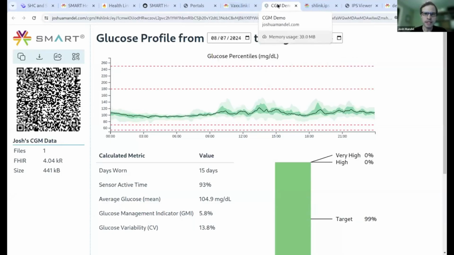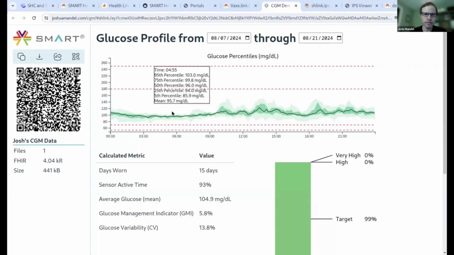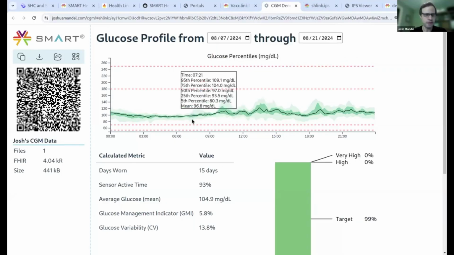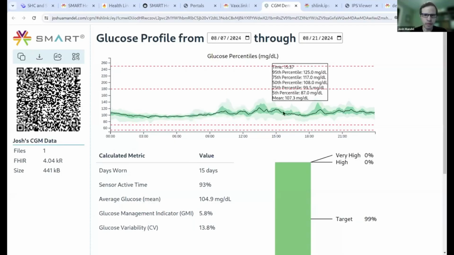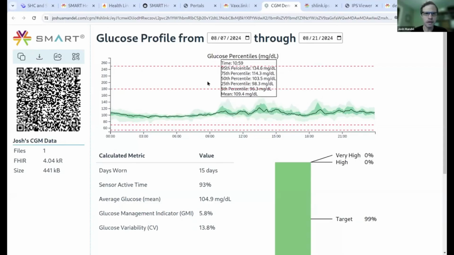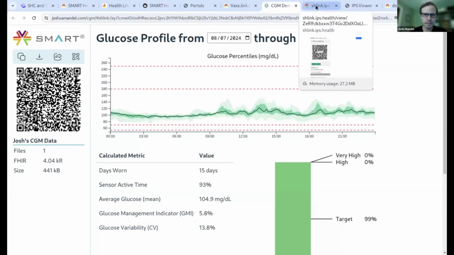So that's an example in CGM where we have dynamic data. So if I'm wearing the CGM, this will be updated tomorrow with my new data. Although I'm not wearing a sensor right now, I'll probably have one on towards the end of the week, and we'll see updates happen. If you save this link today, it'll keep working over the course of this project.